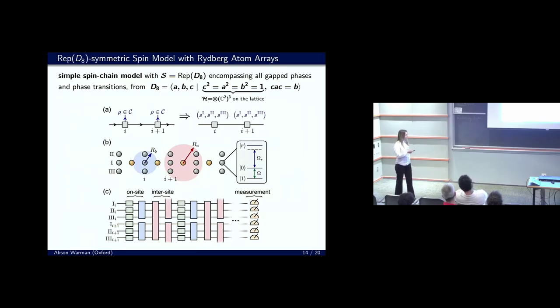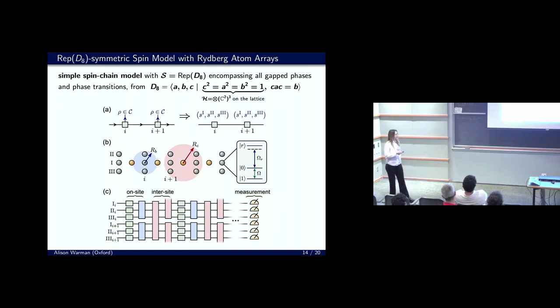Then, for the experimental proposal, at each site we have 3 Rydberg atoms, where each Rydberg atom has a hyperfine splitting between the 2 ground states. So these are basically degenerate, there's just a hyperfine splitting between them, but they are long-lived. So it's a very good simulation of a qubit. Whereas there's this Rydberg state, which can induce interactions between them. At each site, we have these 3 data qubits, and then between them, we have this ancilla qubit. Here we can have interactions between these, whereas the ancilla qubit enables us to realize interactions between neighboring lattice sites.